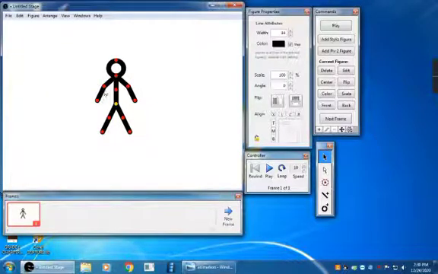And these red color dots help to rotate the hands, the legs and the body. These are called pivot nodes. The red color nodes are called pivot nodes, which help to rotate the hand, legs, head and body independently.